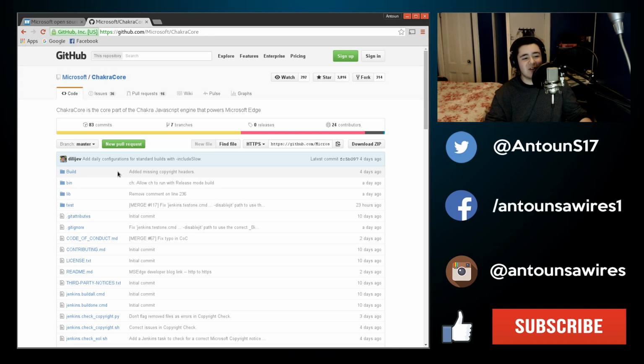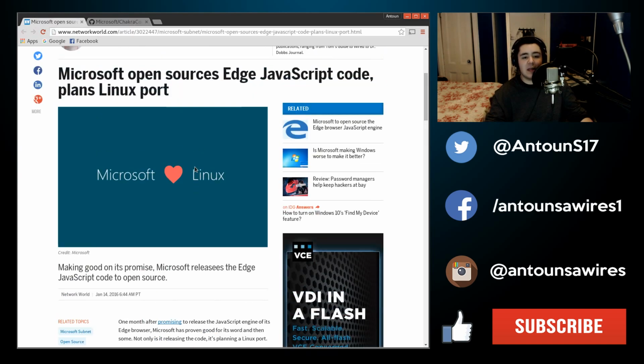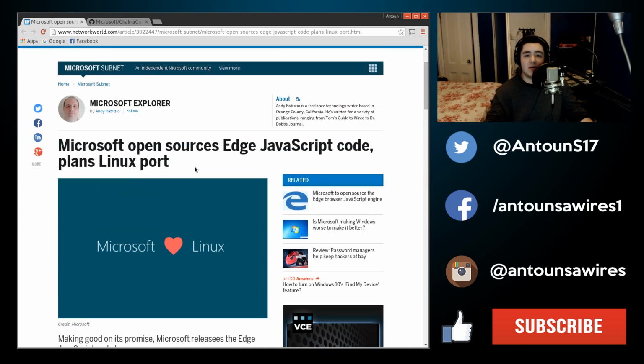They're open sourcing Chakra core's engine, their JavaScript code engine, to the public that you can play around with using your own applications freely under the MIT license. So Chakra core is what's in the Microsoft Edge browser, the browser that replaced Internet Explorer on Windows, because they rebranded it, because obviously we all know Internet Explorer